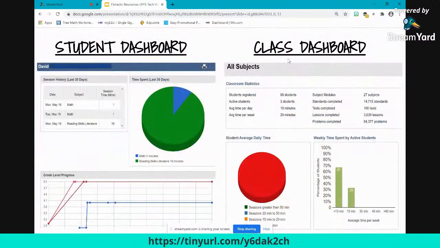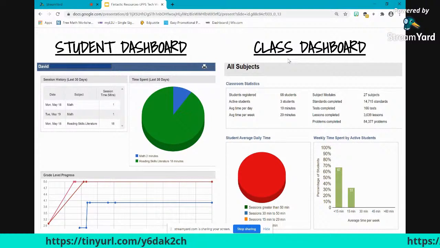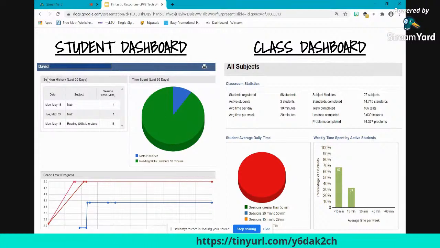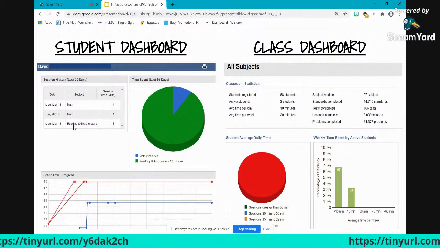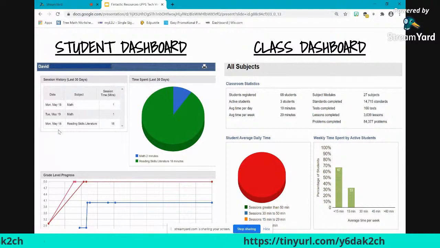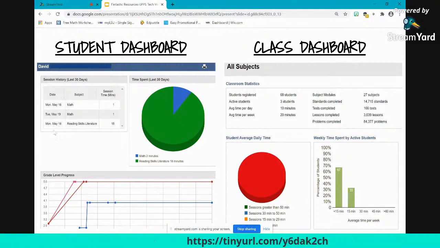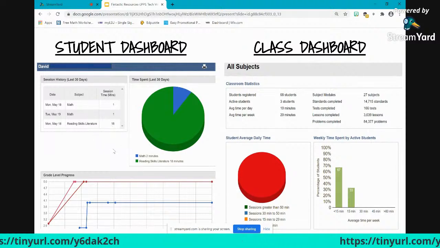All right, student dashboard. So this is a chart that shows your specific student and what they've done. So this student right here, you can see when they last logged in, what subject they were working on, and how many minutes. So this student, he did this in May, and that was when we had some work sent home.